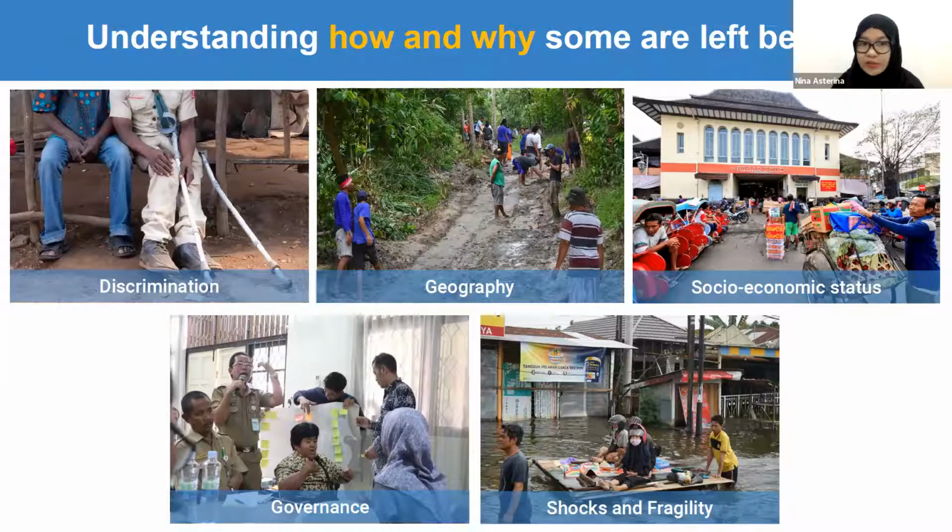And then the second one is the geographical aspect. Those who live in isolated areas and have very limited access to physical or social services find it hard to benefit from development planning and the implementation of government programs. The third one is socio-economic status, related to income, wealth, educational attainment, and access to employment. Those who are vulnerable have difficulties accessing the socio-economic facilities to improve their lives.